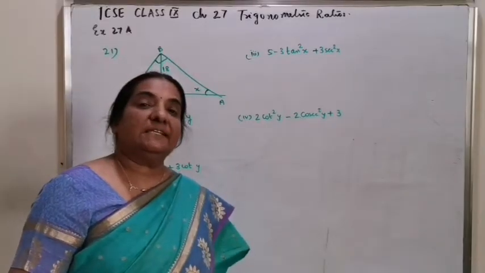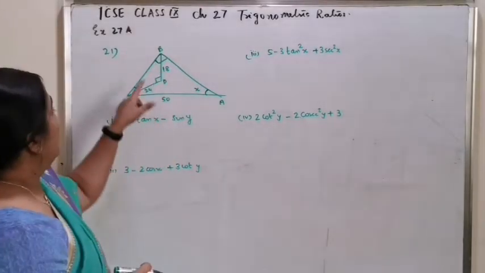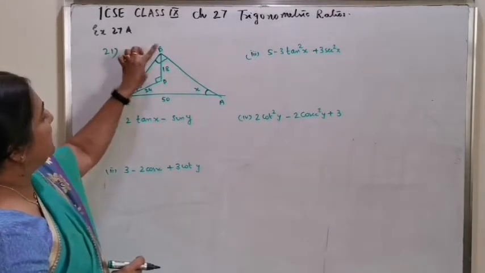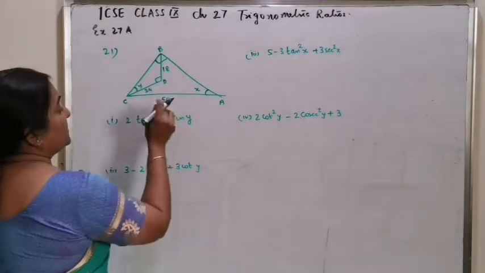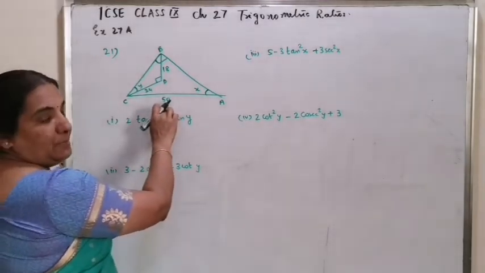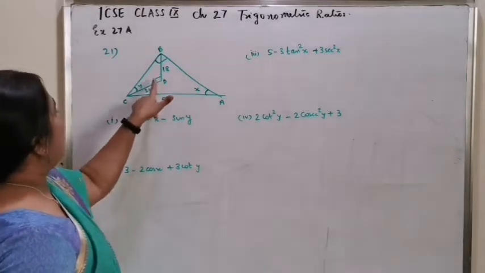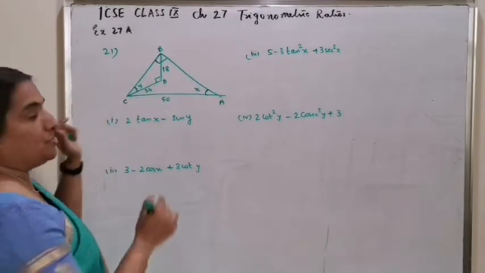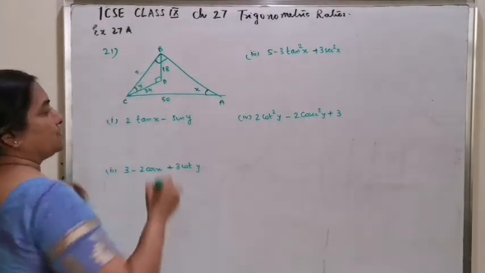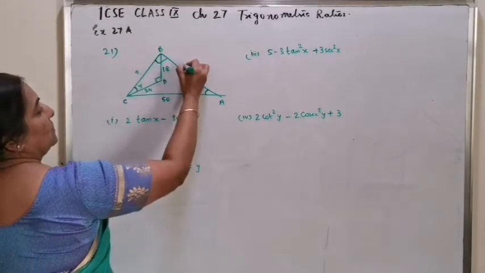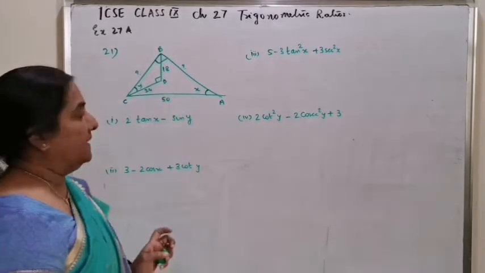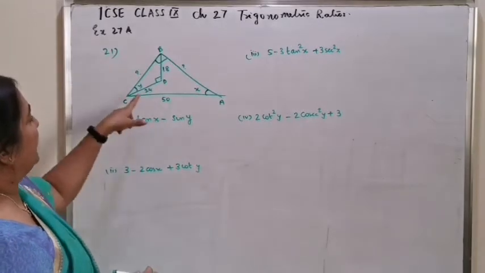Question number 21. Look at the figure. You can see triangle CBA. In this, angle B is 90 degrees, which shows that AC, the 50, is the hypotenuse length. Same way, angle BDC is equal to 90 shows that BC is the hypotenuse to be found out. At the same time, we need to find AB also in case needed. So let's proceed with the first step of finding.